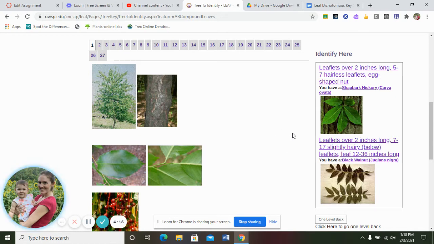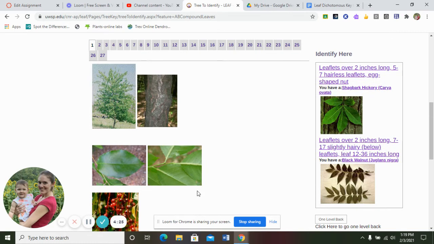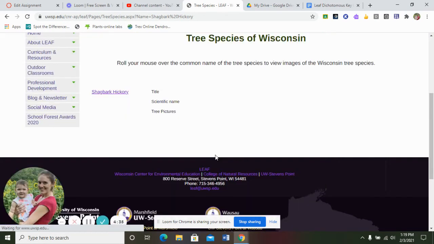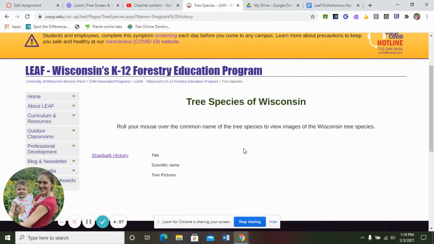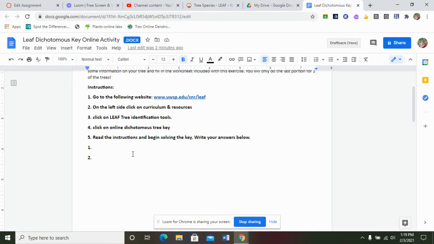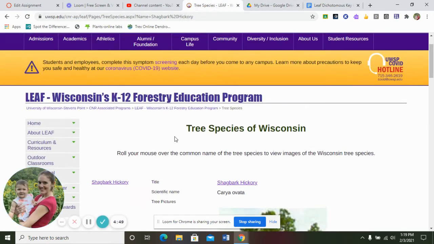Egg-shaped. Or do we have leaflets over 2 inches long, 7 to 12, slightly hairy, like they are below? I'm going to go with this one here, the shagbark hickory. So you would then take that name of that tree and you would put shagbark hickory on your sheet for number 1. Then you would go